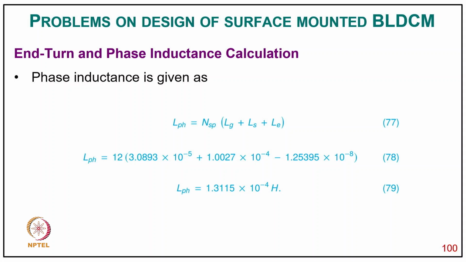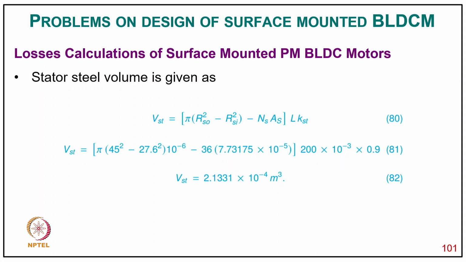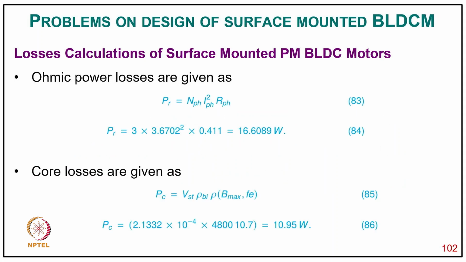1.3115 into 10 power minus 4 Henry, and then coming stator steel volume, the VST equal to in bracket pi RSC square minus RIC square minus NSS equal to LKST, putting value it comes VST equal to 2.1331 into 10 power minus 4 meter cube, and ohmic power loss PR equal to NSPH IPH square R, that comes PR equal to putting value 16.0689 watt, and core loss given as PC equal to VST PBI rho into Bmax Fe, so